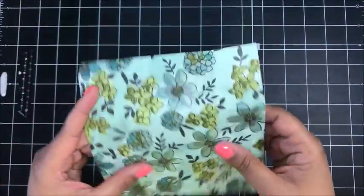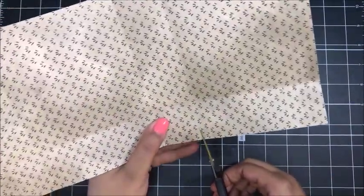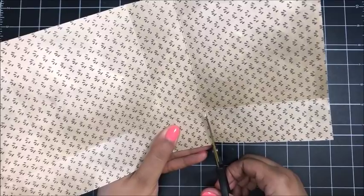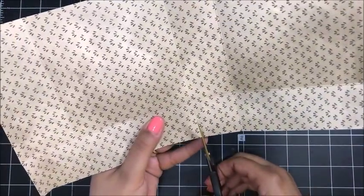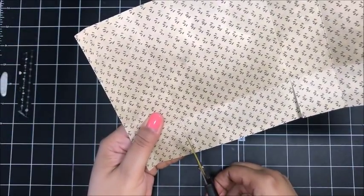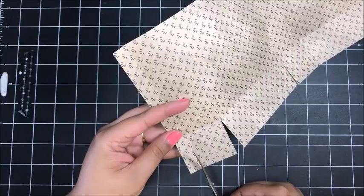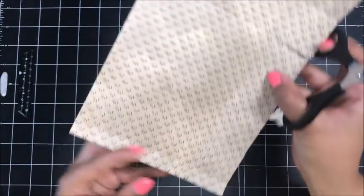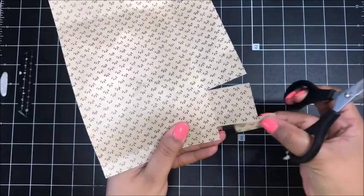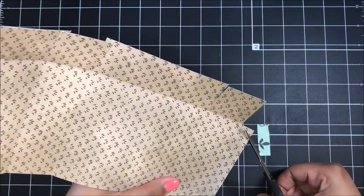All right, so once you've got that done, what we're gonna do is take your scissors and you wanna snip up these score lines. So snip up to that 4.5 inch score mark that we made. For this little tab right here, we're actually going to snip up to that 4.5 inch mark, and then we're gonna cut this tab off. We don't need this little skinny piece. So cut that little skinny piece off,